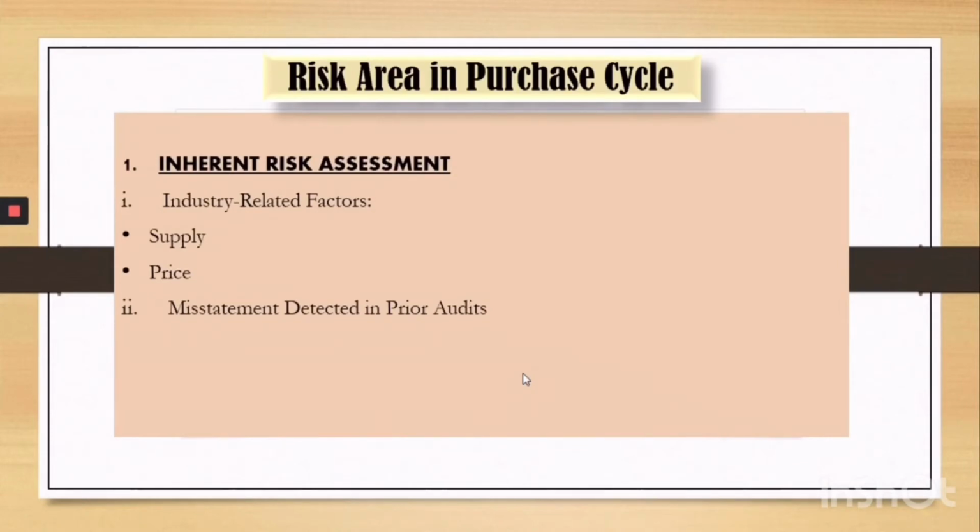The auditor should consider the relevant inherent risk factors that may impact the transaction process and the financial statement accounts. There are two factors that should be considered by the auditor in assessing the inherent risk for the purchasing process. The first factor is industry-related factors. The auditor must consider two industry-related factors in assessing the inherent risk when auditing the purchasing